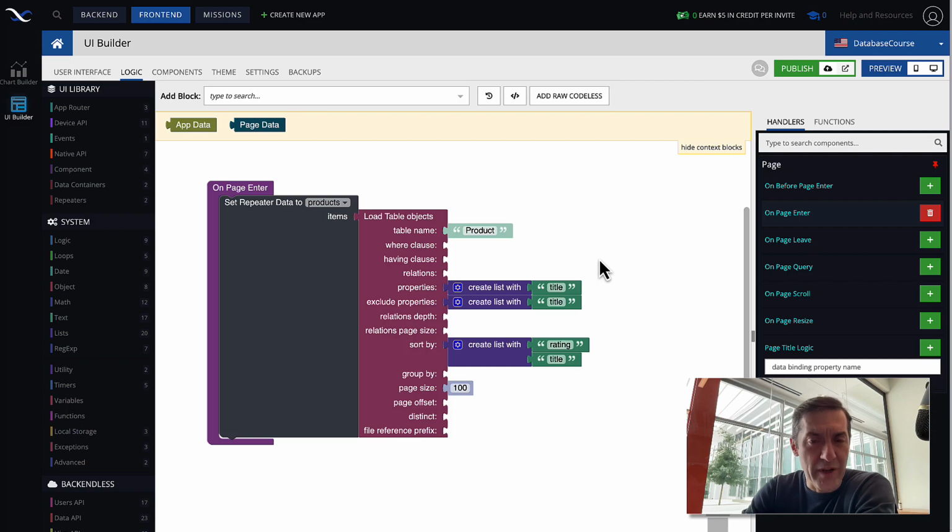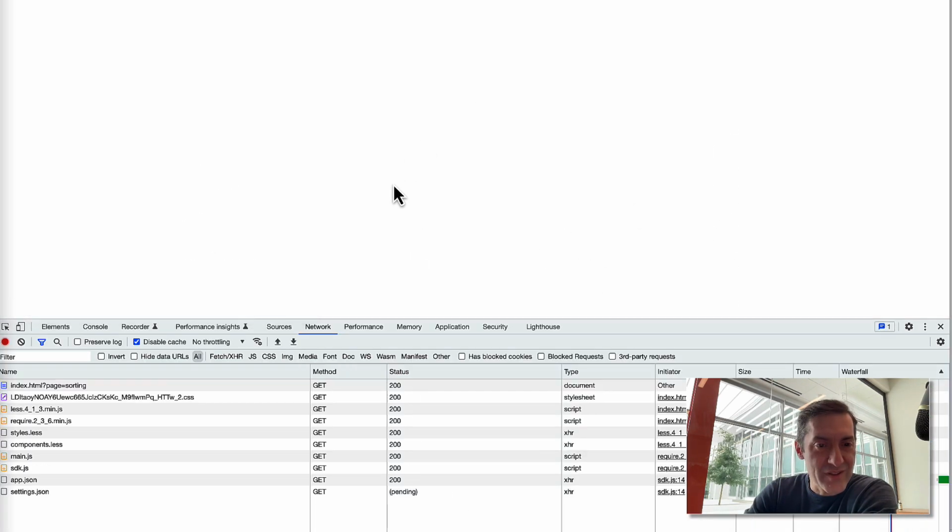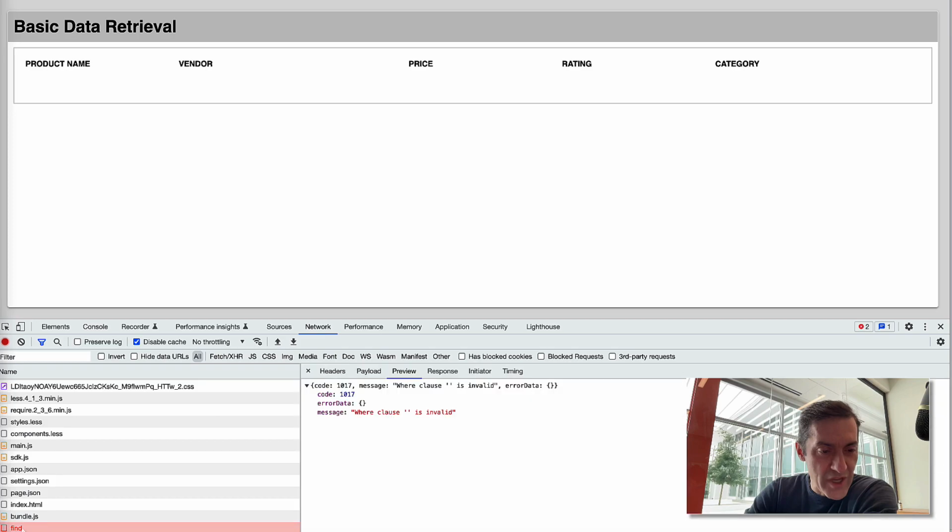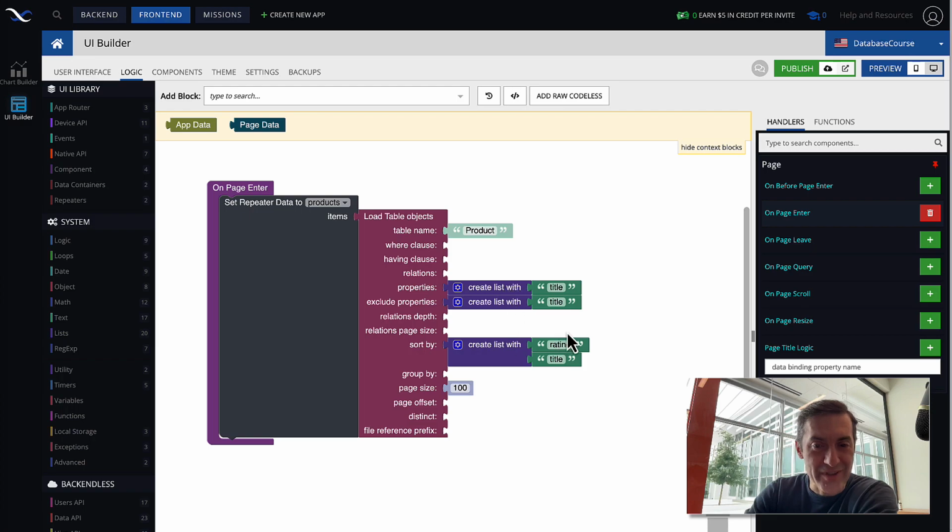If you end up with something like this, I would say this is a bug in logic, because it doesn't really make sense to include something and exclude something. But I'm curious what's going to happen in this case. Let's run this page, and actually this ended up with an error, because it says that the where clause is invalid. So now you know, when you include and exclude the same thing, this results in an error, and that really should not be happening.